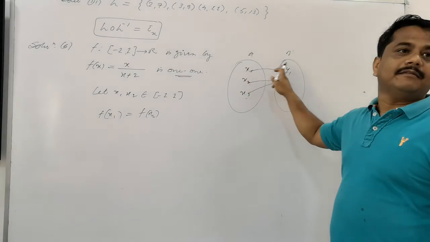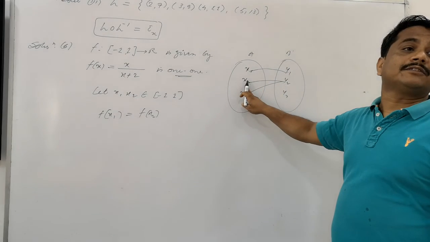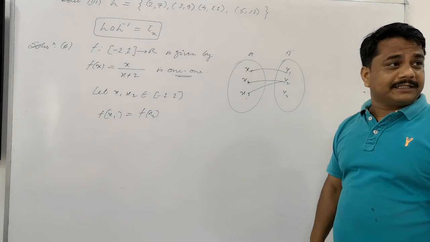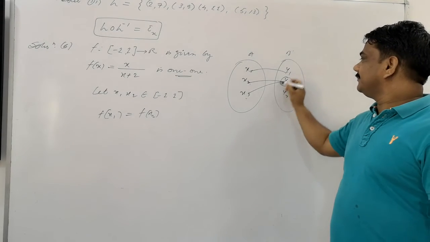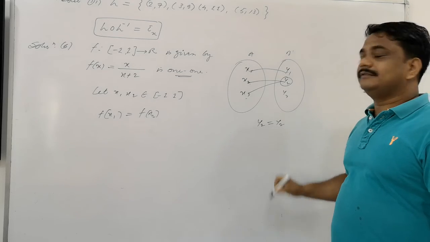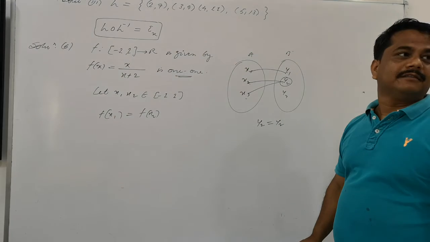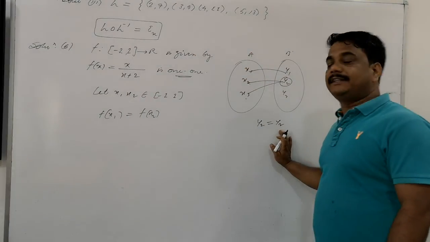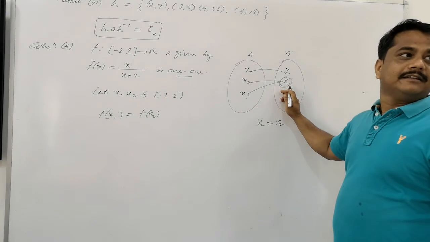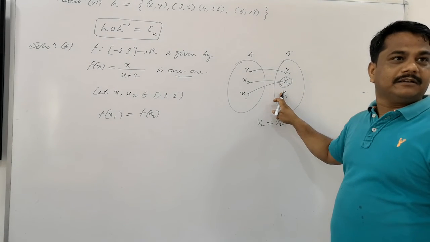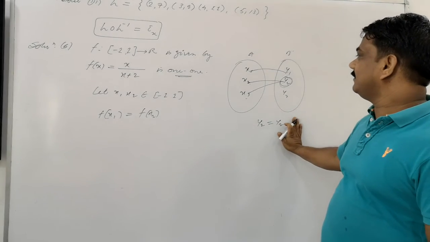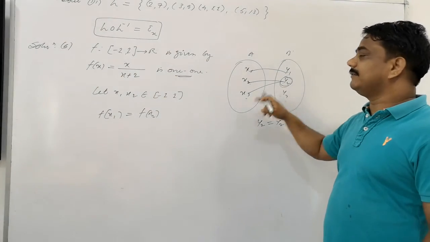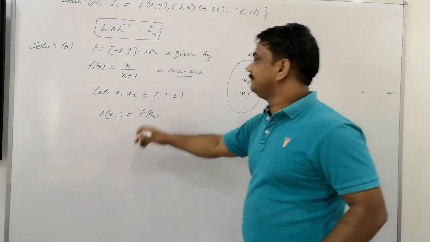How many images does x1 have? Only one. How many images does x2 have? One. So this is called 1-1. But we have to prove this is 1-1. So we can suppose here y2 is equal to y2. f of x1 is equal to f of x2. What is that? If the image is equal, right now we are just taking here image is equal, it means equality of image will bring the equality of domain. Have a look at this, how.